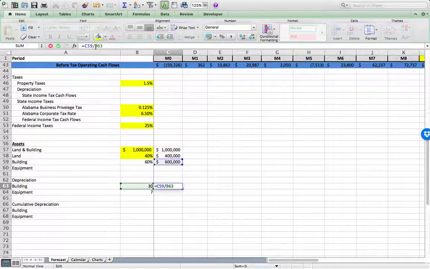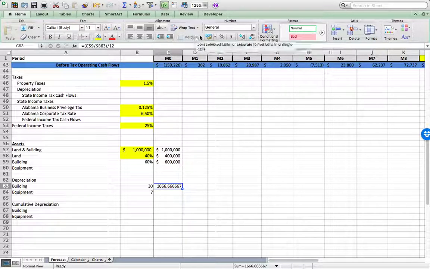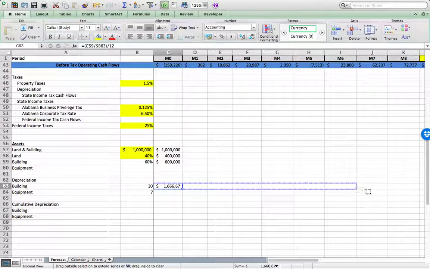So that means you're basically taking 1/30 of it, okay? And then for now, that whole thing, we're going to divide it by 12 because we're only doing it on a monthly basis here. All right, so that becomes an amount per month that we can string out over here